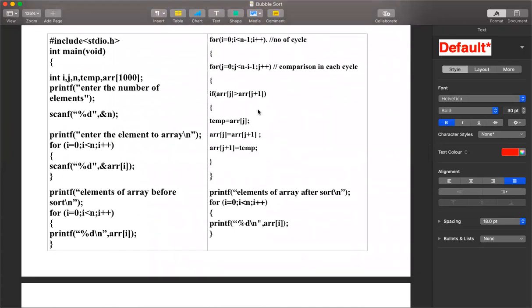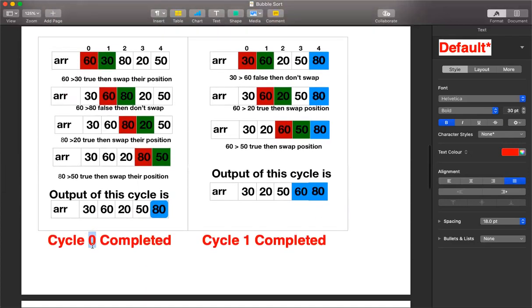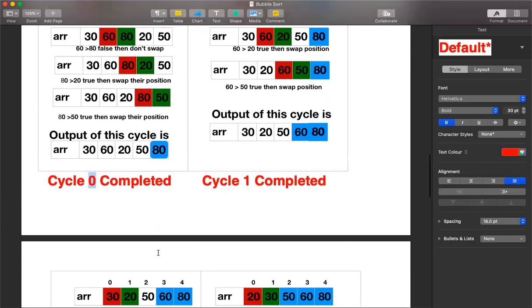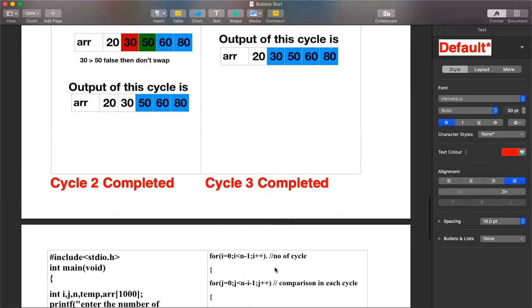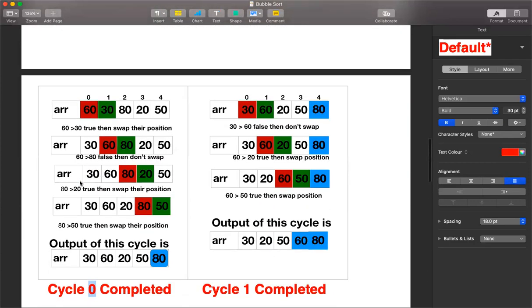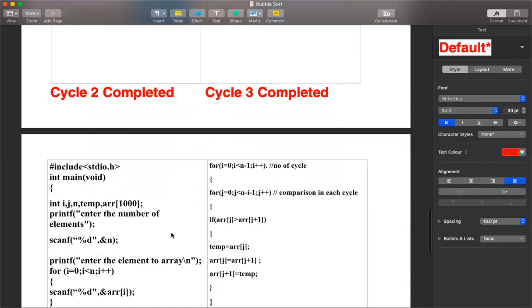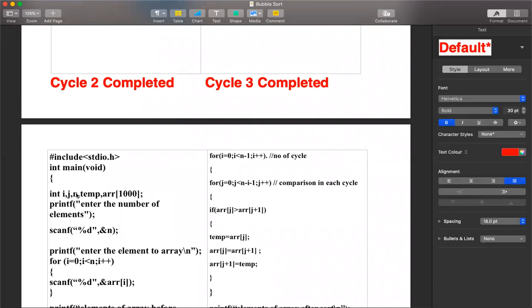So what you need to do is we will just try to solve this program as what we have seen in the example. So first we have i as a variable. This is going to keep track of the number of cycles. So i is an index which is going to take care of the number of cycles. So cycle starts from 0. So if you have 5 elements, how many cycles should happen? 4 cycles should happen. So i is taking care of cycles, and j is the one which is going to take care of how many comparisons happen inside each cycle. So j is a variable which checks for how many comparisons happen in each cycle, and n is for the number of elements, as you all know.